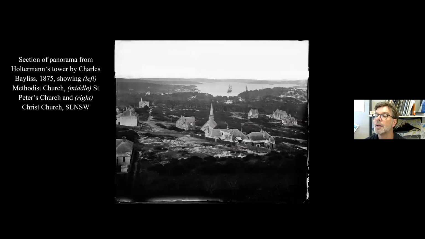Stone was the preferred building material for churches, without a doubt. And here are three of the earliest churches. 1860s for the Methodist Church, which was, if you can imagine the Pacific Highway running along here, that was demolished to widen the approach to the Sydney Harbour Bridge, unfortunately in around 1930. This is St. Peter's, and here is that quarry that I showed you on that map earlier on.